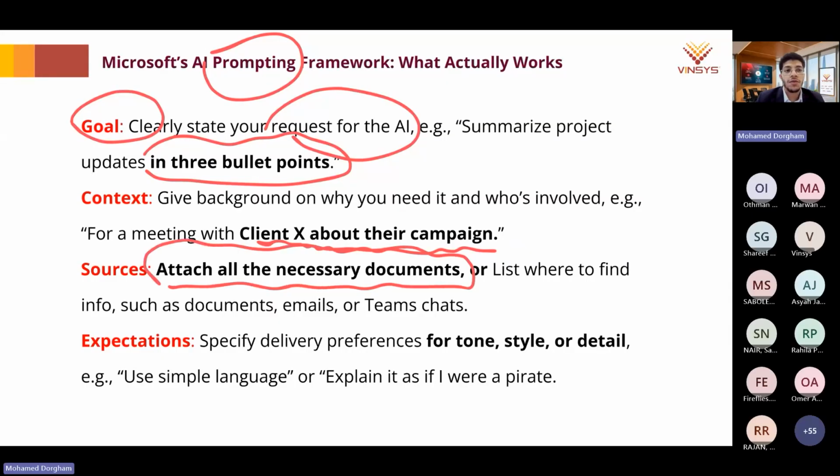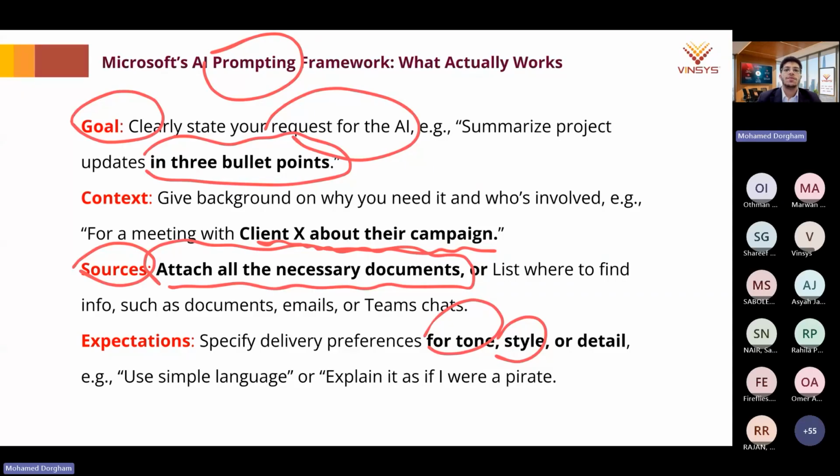If you think there are a couple of documents that are important for the AI to understand, try to attach them. And finally, set some expectations. You might set expectations for the tone, for the style. You might tell the AI, give me the output in bullet points, give me the output in a professional way. Always try to give the AI the output format you're looking for, so it will get you the exact answer the first time.